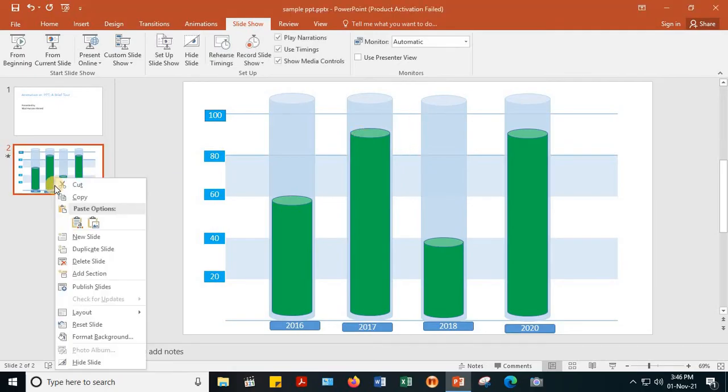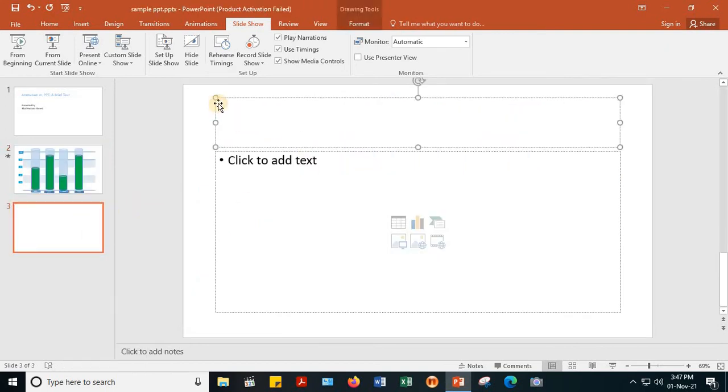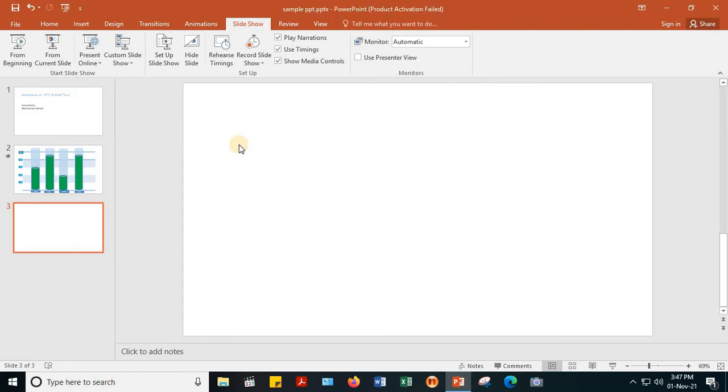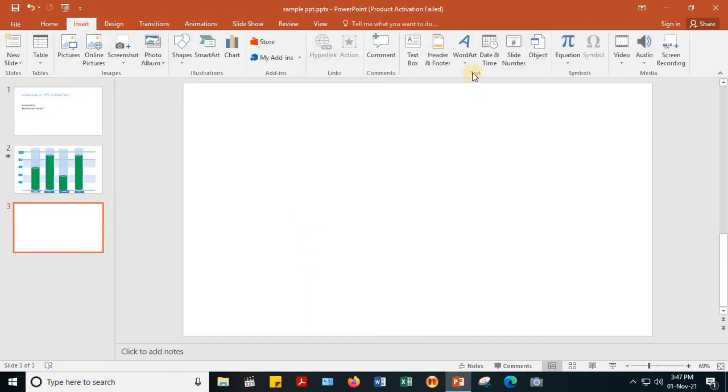So I'll add another new slide which is empty, and from here these text boxes are original text boxes. Now I don't need this in the beginning, so I'll remove it. You see that while you have a blank slide, if you want to enter text, you can always go to Insert, and from there go to Text Box, and then just click it.